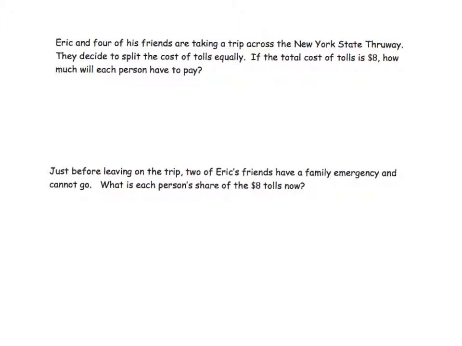All right, last slide. Here we have a word problem. Eric and 4 of his friends are taking a trip. They decide to split the cost of the tollway. If the toll is $8, how much will each person have to pay? So there are 5 people, and they're trying to split $8. So 5 goes into 8 one time. So all we're doing is that long division, and then I subtracted and I added a 0 and brought it down. 5 goes into 30 6 times. So since we're talking money, I'm going to put it as hundredths. So each person would have to pay